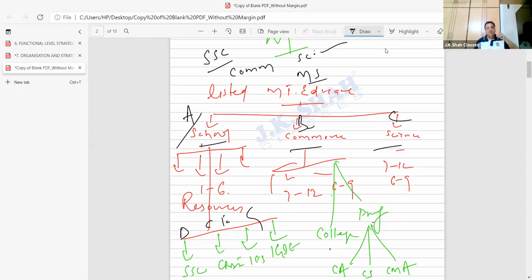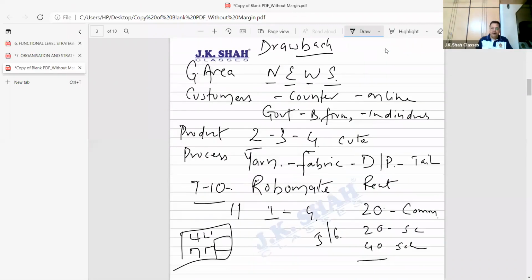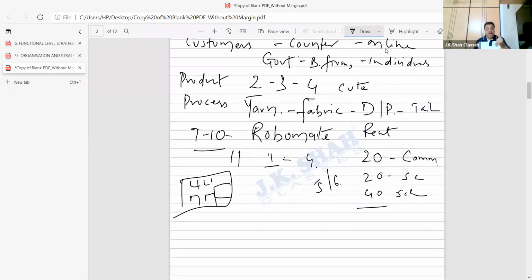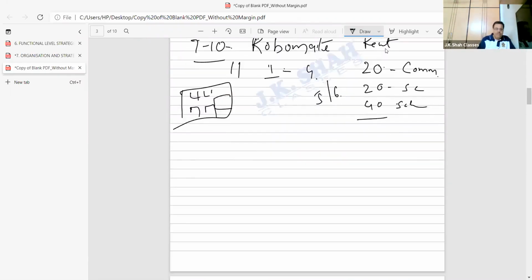That is why, bacha, divisional structure we say is good, but divisional structure becomes, someone tell me, very, very expensive. Someone tell me what did I say? Duplication of staff. Is this clear? Please note down this part. Have you all written this down, everyone? Now duplication of staff is there. Expensive problem is there. Hence, some particular companies do what? They convert the divisional structure into an SBU. What do you mean by SBU? Very simple. In the previous example, students, I said, MT Educare.